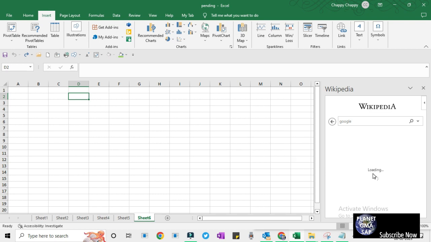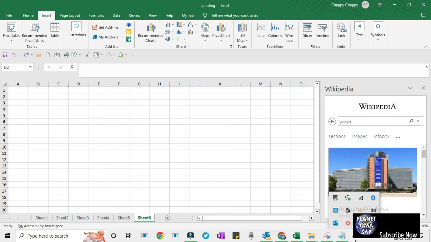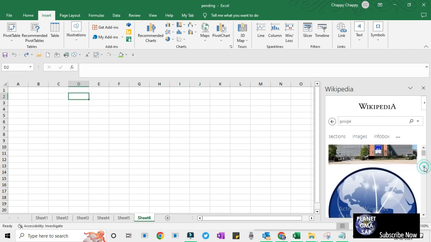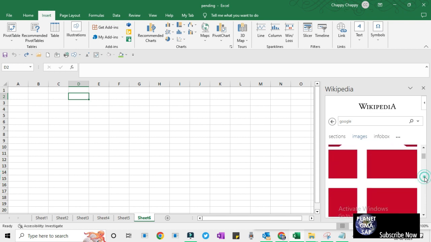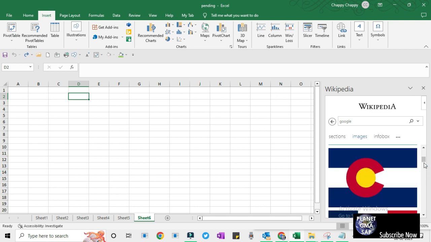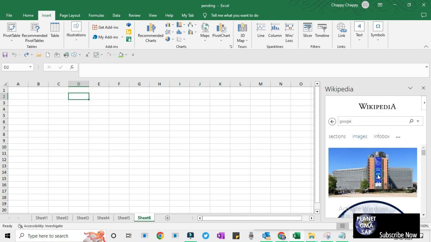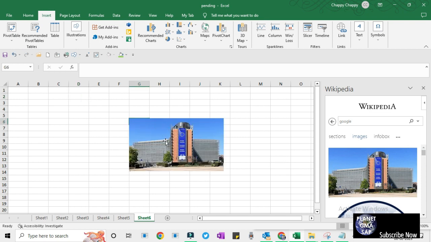See, so it is taking a bit of time and it is loading. Alright, so the images are being loaded. So you can simply drag and drop any image from here simply by selecting the image and dragging the image in the Excel file. And if you don't want this, you can simply click on this close and this Wikipedia